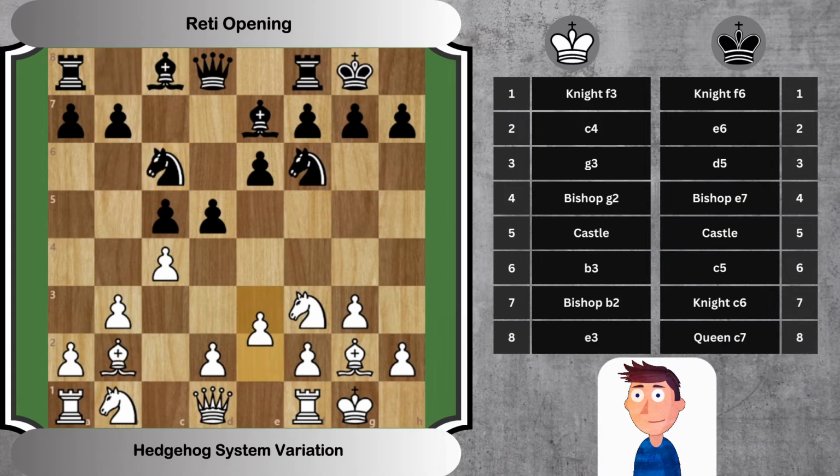8. e3, queen c7. White adds more support to the d4 square, preparing for a possible future push, which is a key part of the Hedgehog System. Here's an interesting fact. The Hedgehog System is a favorite among players who prefer a hypermodern approach to the game. It is characterized by its flexible pawn structure and the potential for powerful counterattacks. The Hedgehog System in the Reti Opening offers a flexible and strong setup that can lead to rich middle game positions. As always, remember, understanding the fundamental ideas behind an opening or setup will guide you far better than memorizing